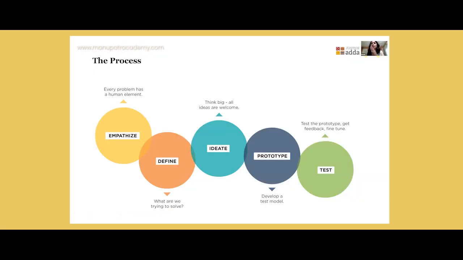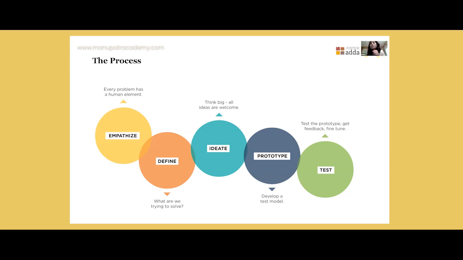Just to take you through the process, because like I said, ultimately, whether it is within the domain of law or outside the domain of law, the process remains the same. If you look up any articles about design thinking, you'll come across something very similar online, where the process has about 5 to 6 different steps. We stick to this 5-step process, which starts with empathizing. The idea is to first understand the human element of any problem. Who is the human behind this problem who's getting affected, and can we really understand that person's problem?